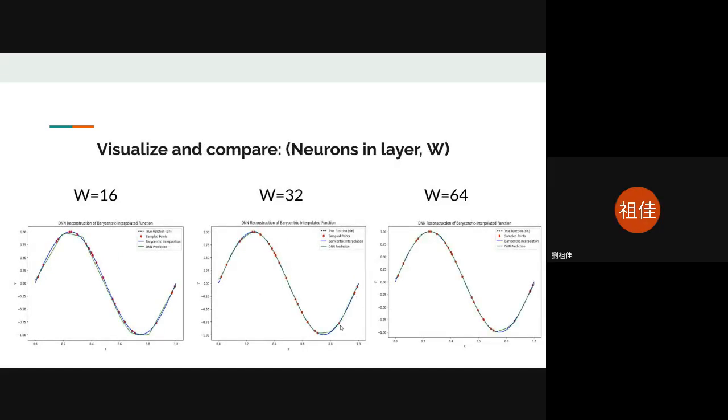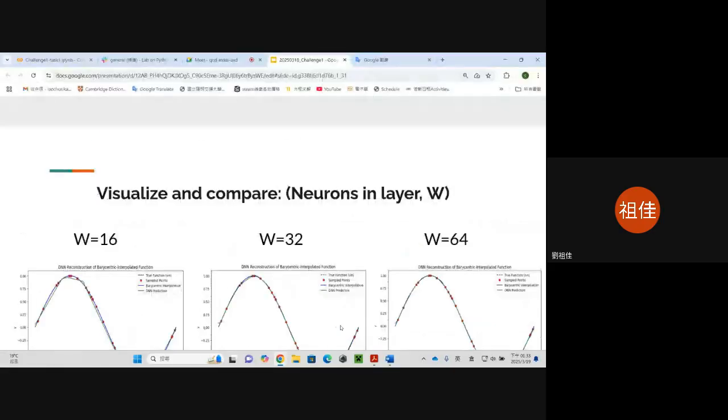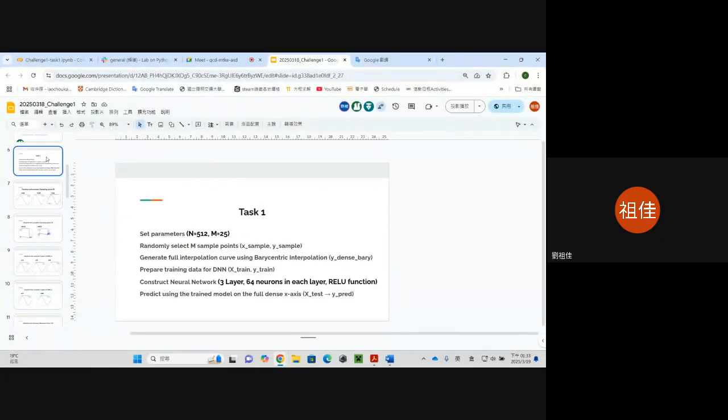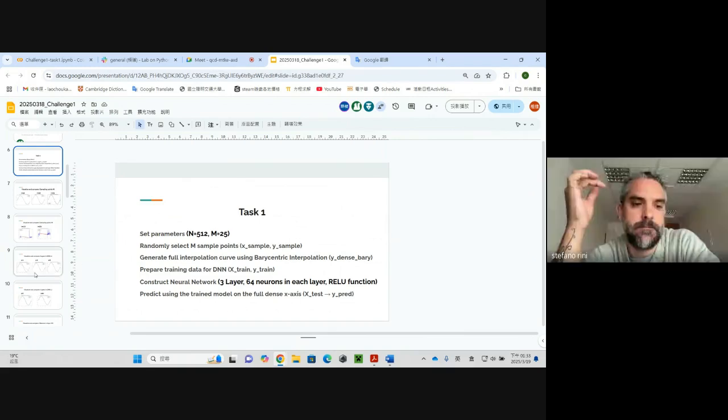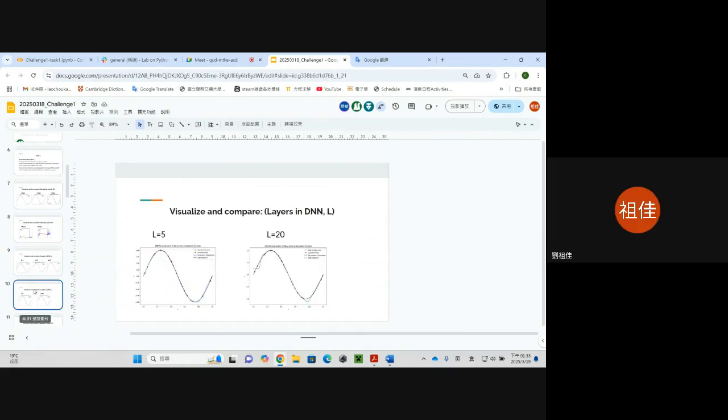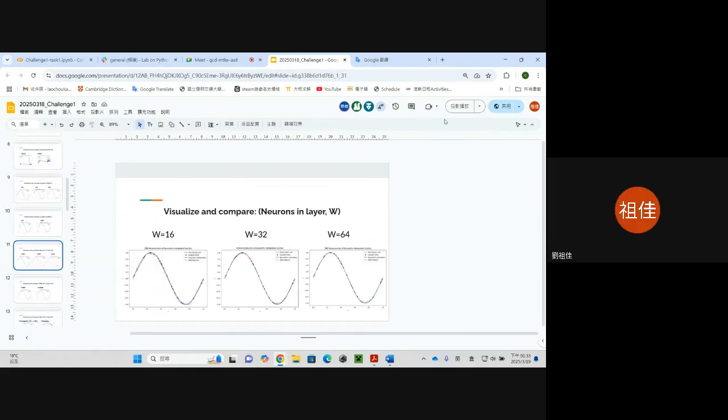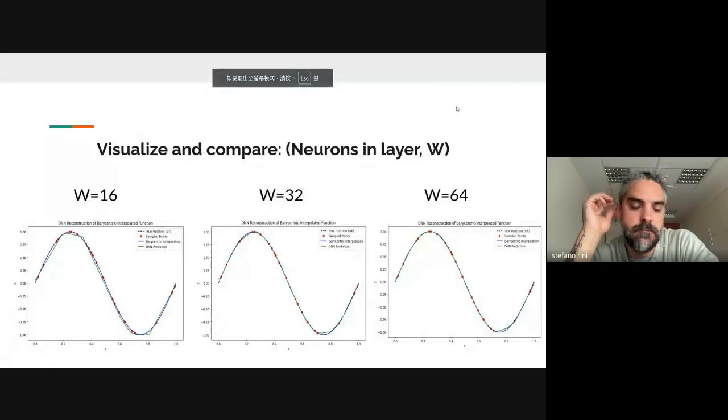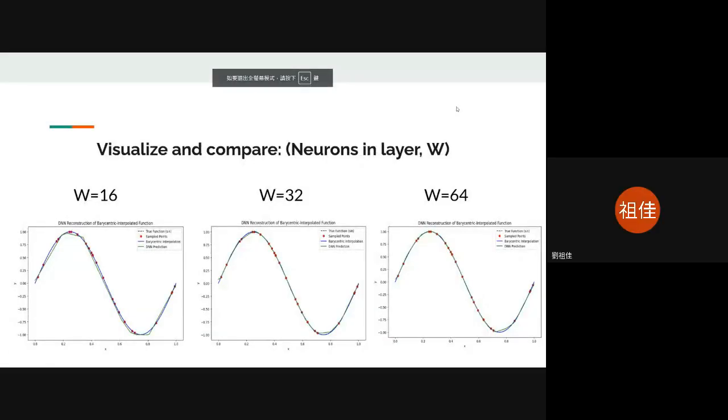So next we observe the change between the neurons in each layer. How many layers here? 3 layers. 3 layers, okay. The initial setting is this, right. Good. Yep. Good. So we just change a single parameter each time. Understood. So we start from 16 and